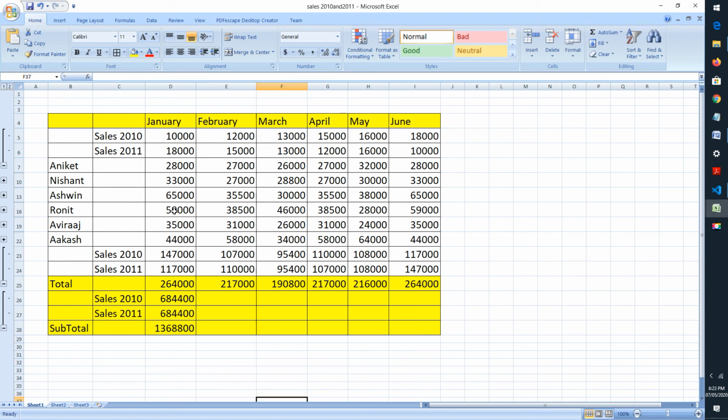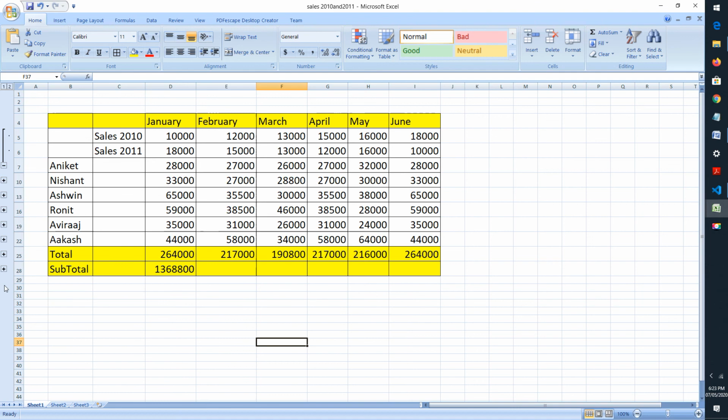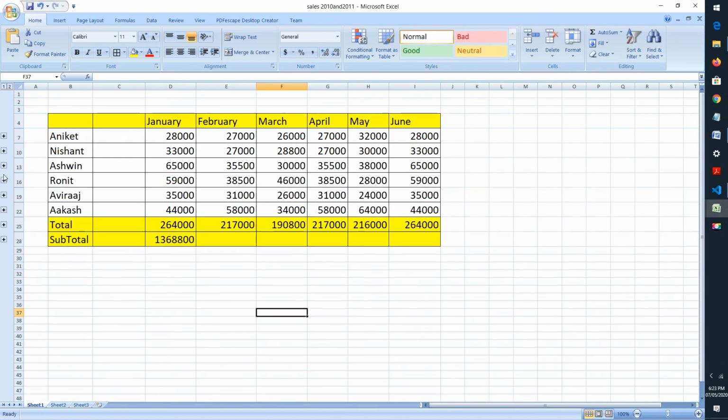Once you have learned how to consolidate data, you can apply it on sheets as well as on workbooks. I hope you have understood the topic well, and now you can try it on your own so that the topic is more clear to us. Let us collapse these two, and this represents a clean and clear summary of the consolidated data. Thank you so much for this video. I hope you have understood the topic very well.